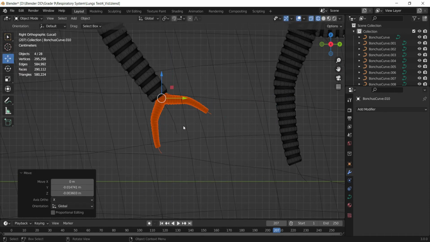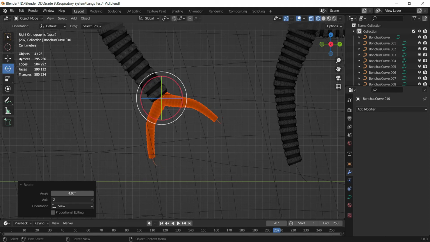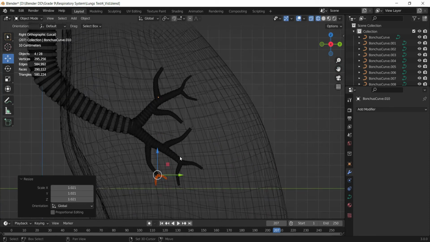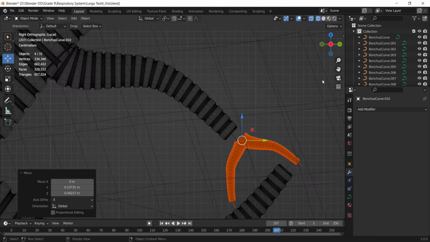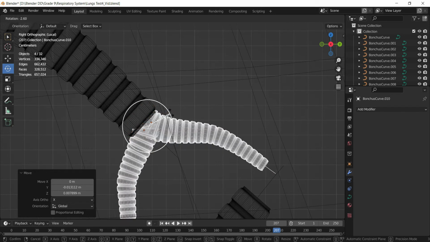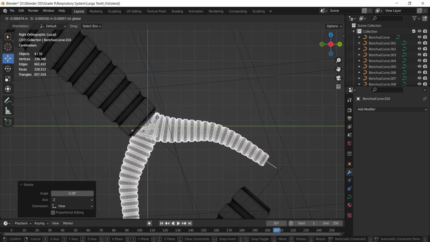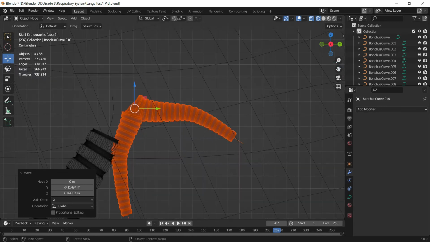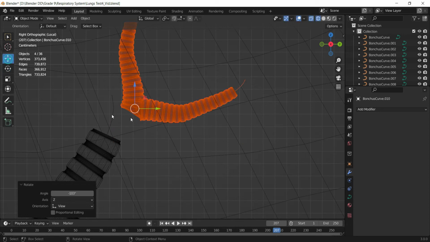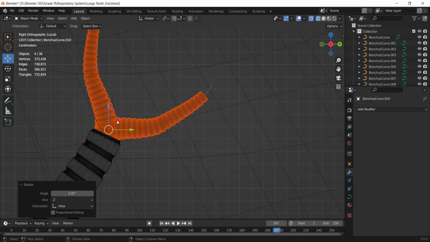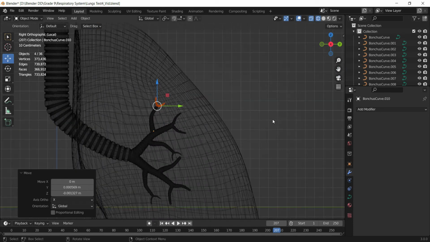So this I'm going to place here, rotate it a bit to match the angle. This, all right.